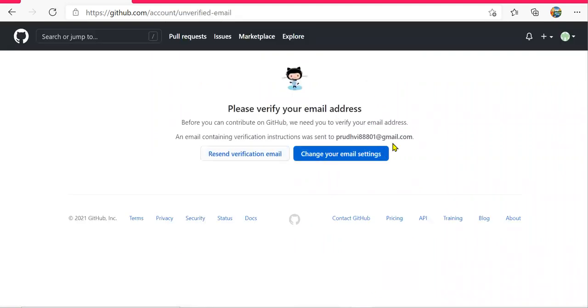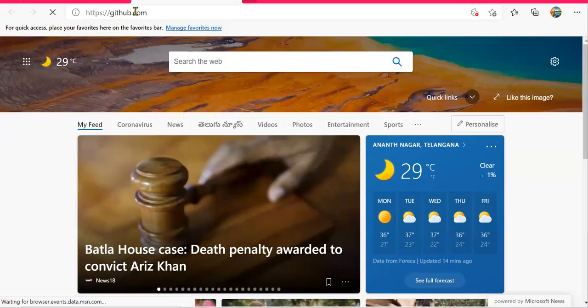Please verify your email address. Once we verify our email address, then we can start using GitHub. So let me verify my email address, gmail.com.